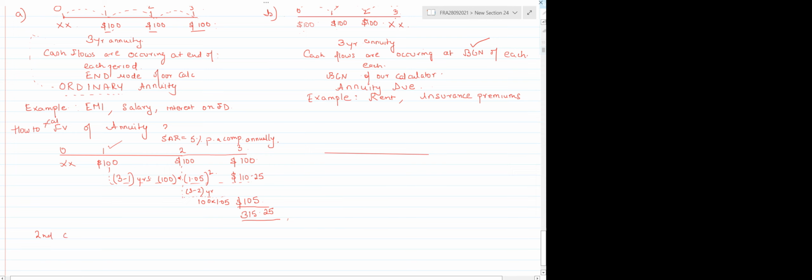Now we use our calculator: first, second, CPT, second, CEC. Please do this first, before entering anything in your calculator, guys. This is the first thing that we should do: second CPT, second CEC.